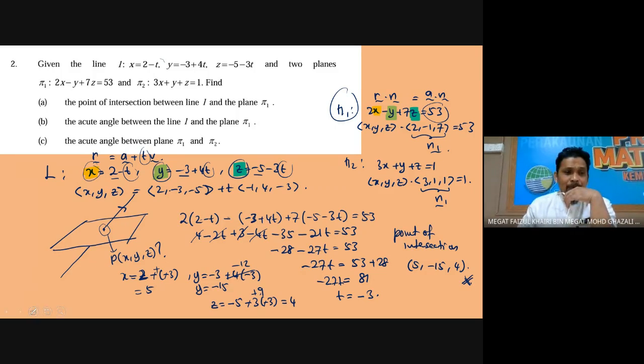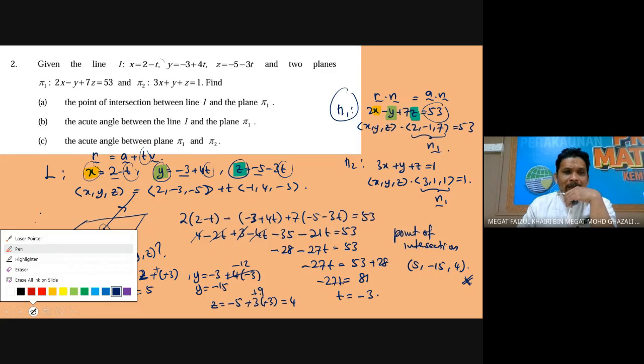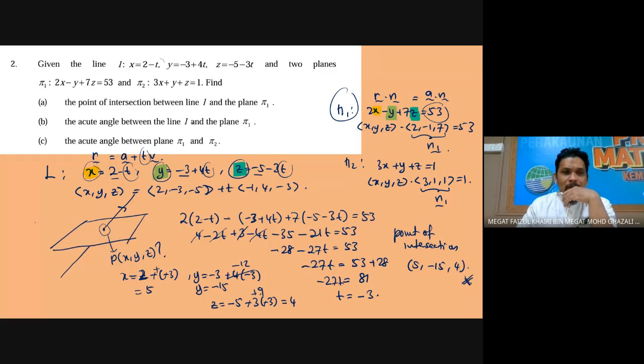And now, find the acute angle between the line L and pi 1, the plane pi 1. So now,